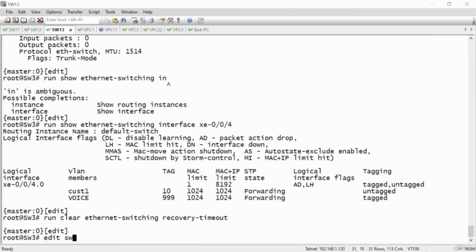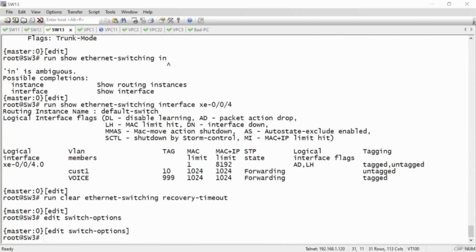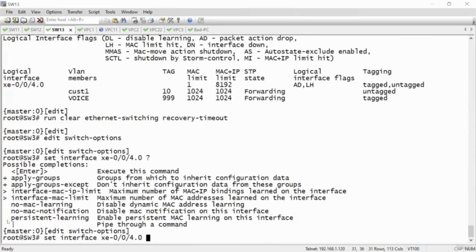So let's do edit switch options, and we do again set interface xe-0/0/4.0, and if you do a question mark, you see we have the persistent learning there. So if we put the persistent learning on, it will take whatever MAC address is on this interface at the moment, what's been learned on the MAC address table, and it will keep that there. So even again, if power's lost, it will come back with that MAC address,